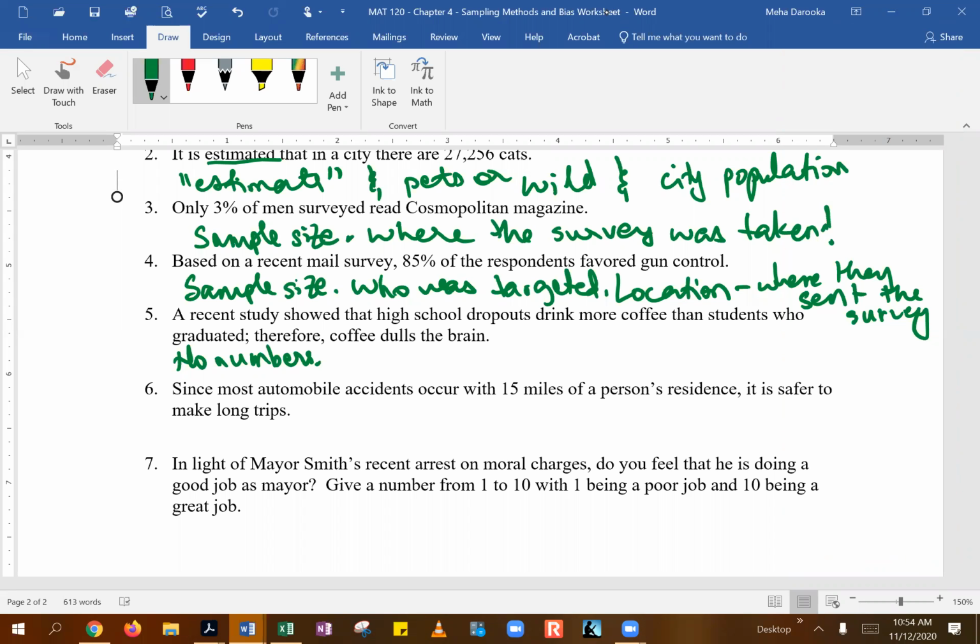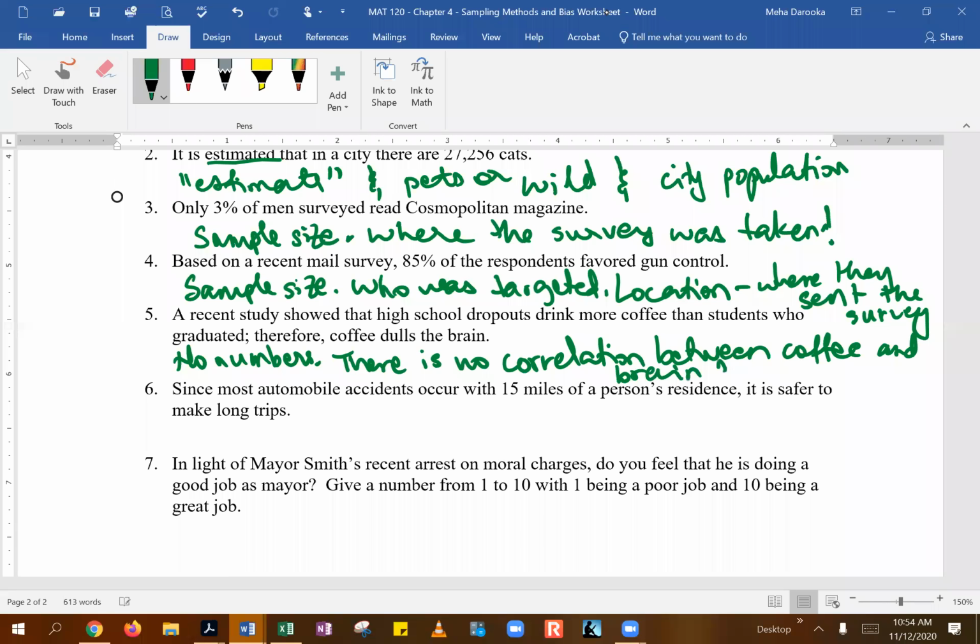So basically, there is no correlation between coffee and, I don't know, brain function. Now, of course, people can make arguments about caffeine and that sort of thing, but obviously we're not getting that